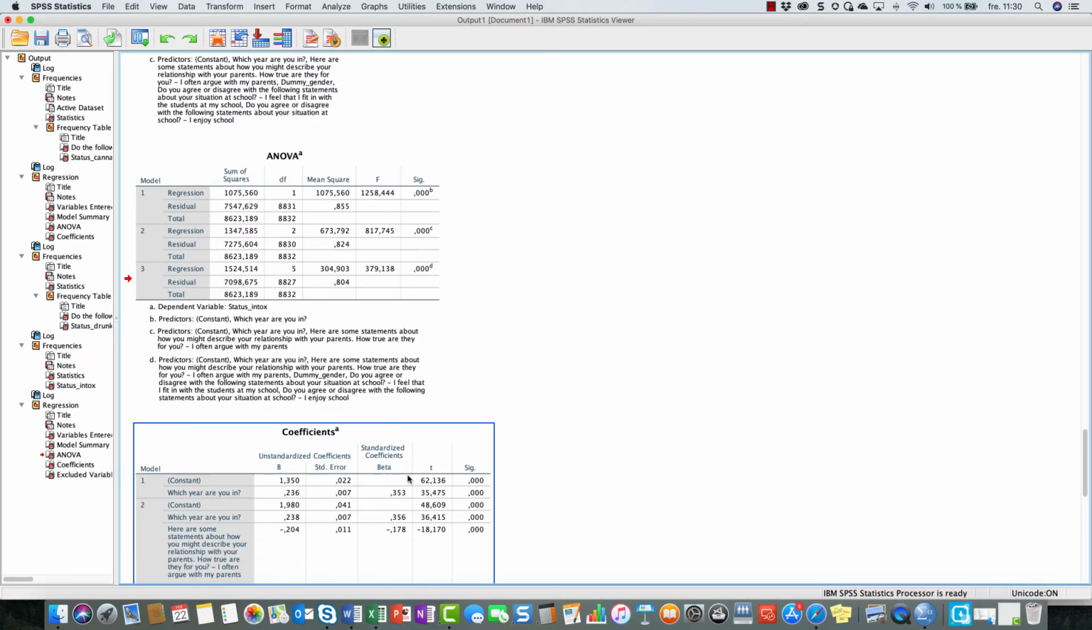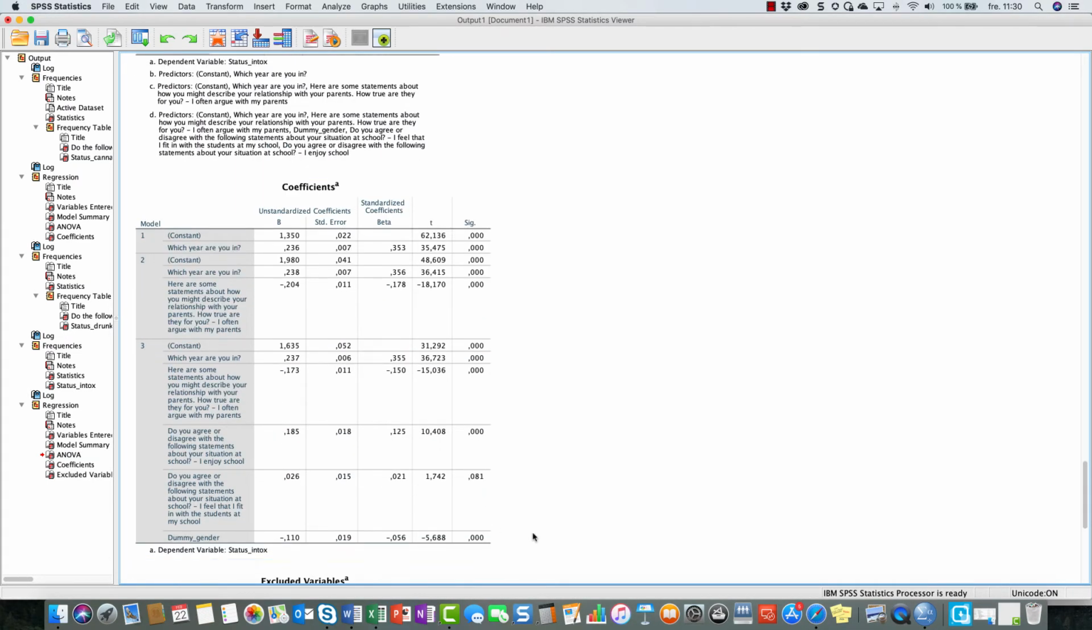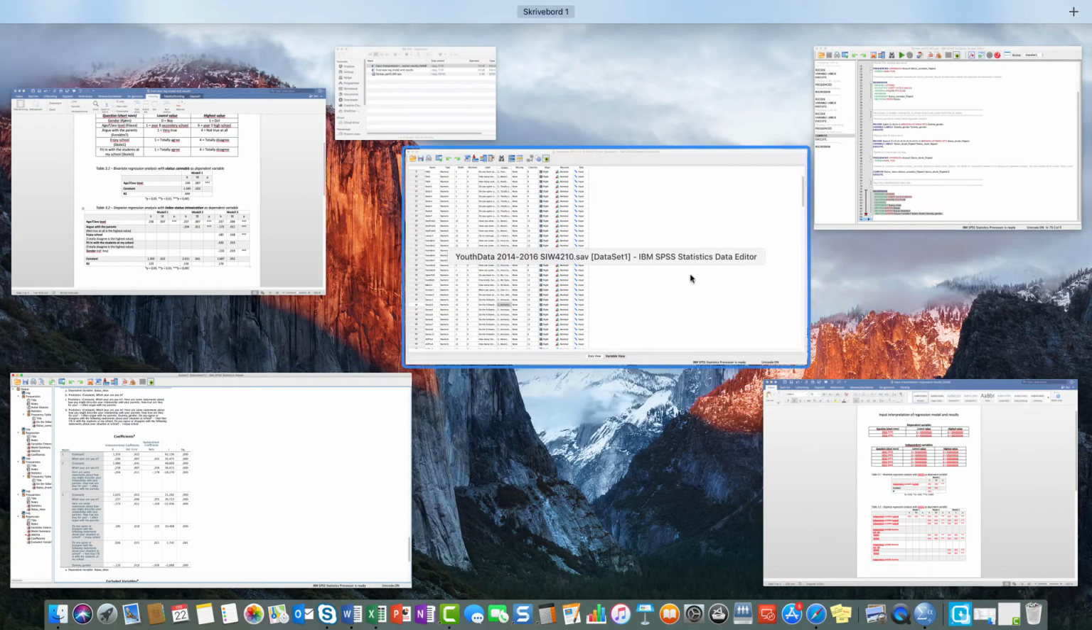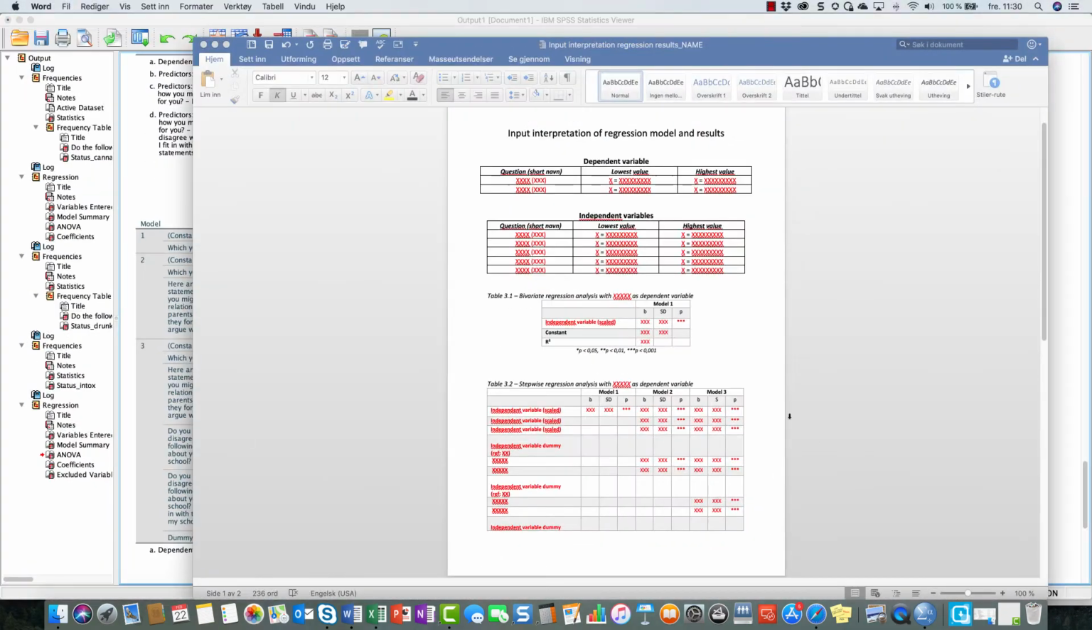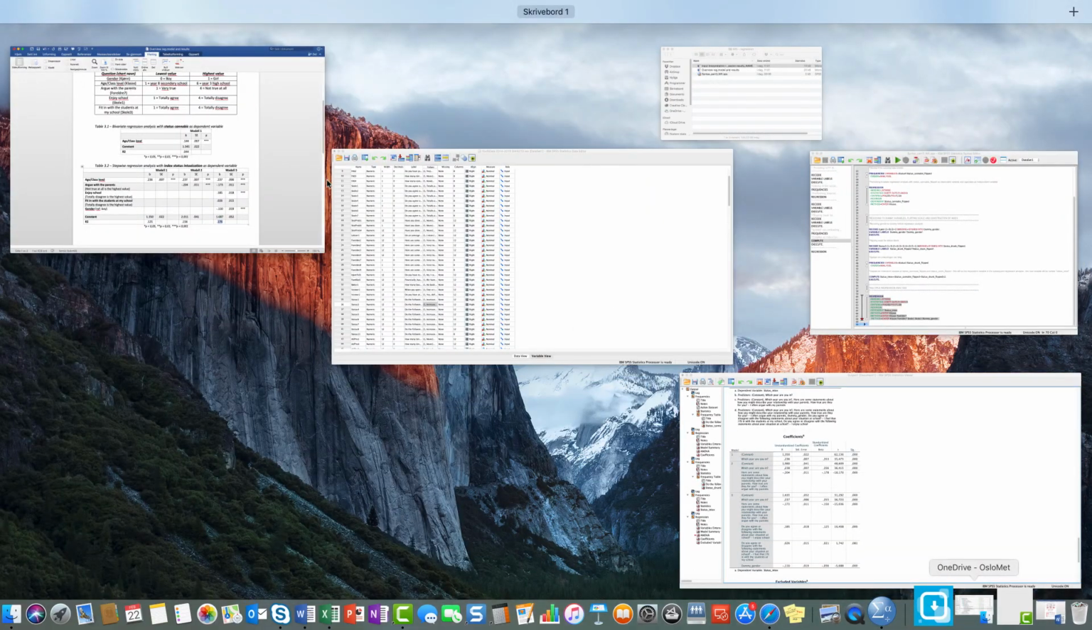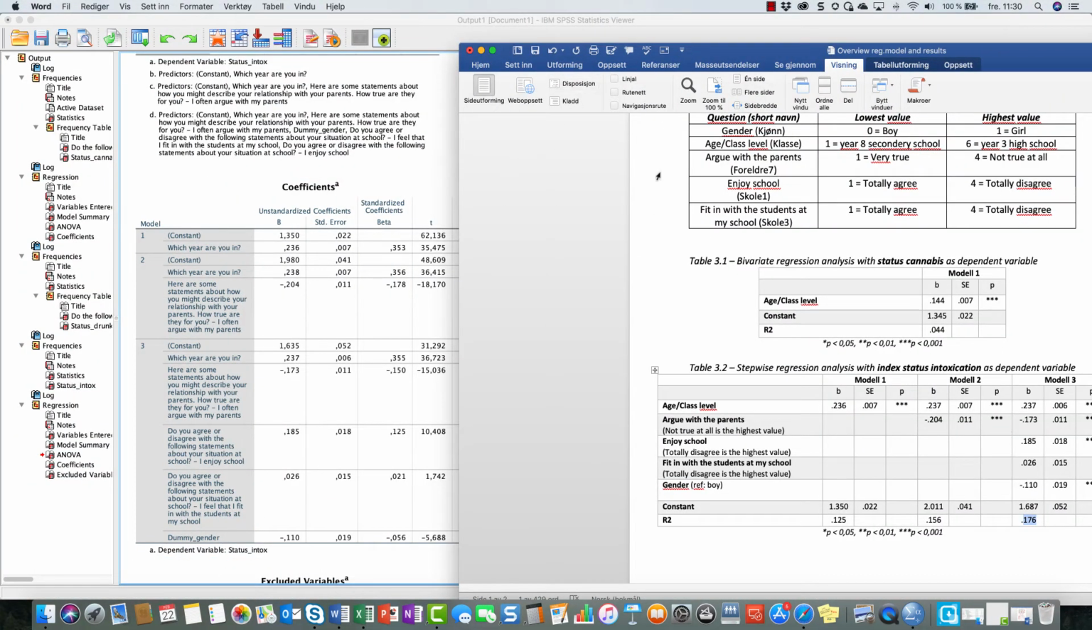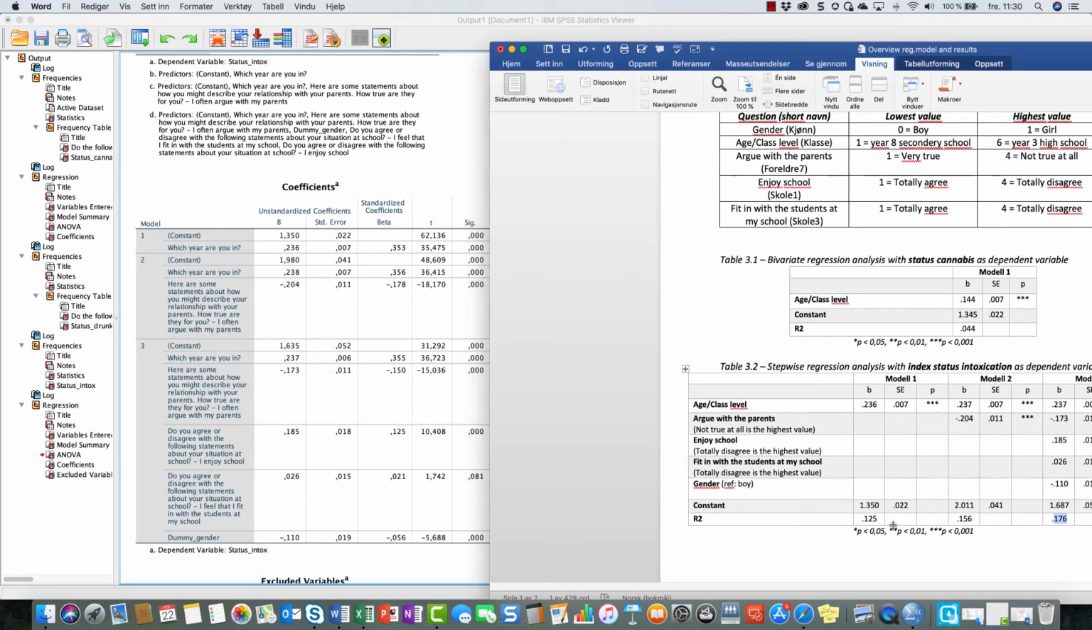And then I just don't look at the ANOVA table because that's not so important. It's not important at all because we are running a regression analysis. And let me just show you. I'm going to put this away. Where is it? There it is. So now I'm going to put in. Okay, so I put in